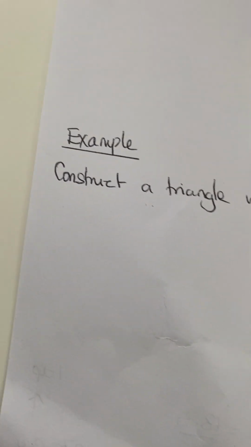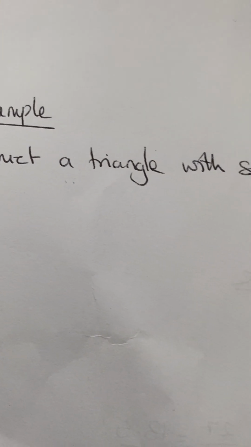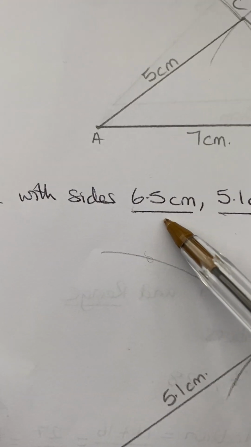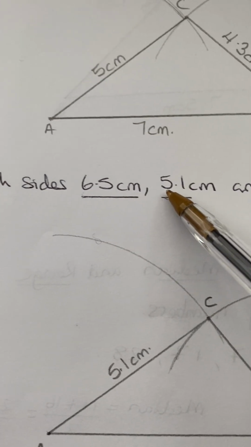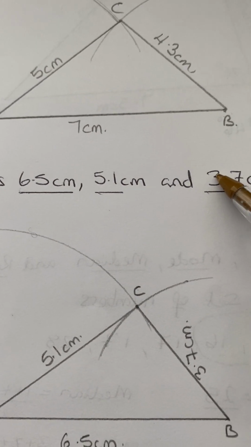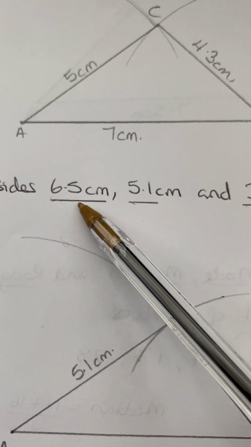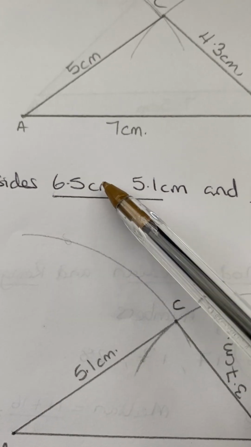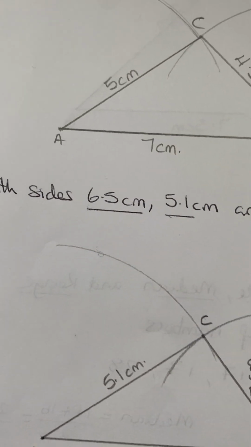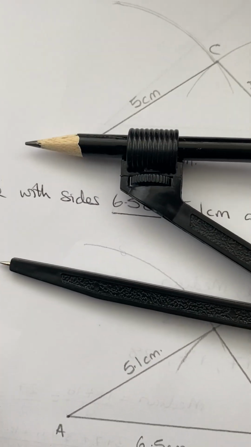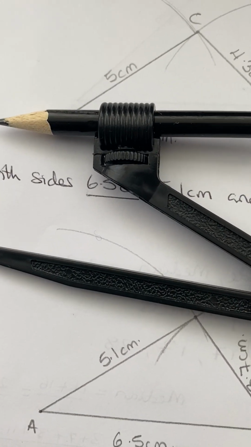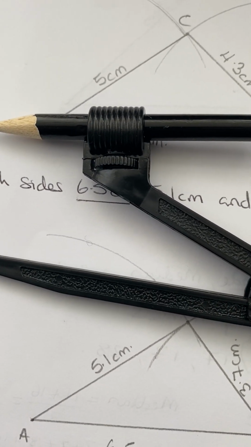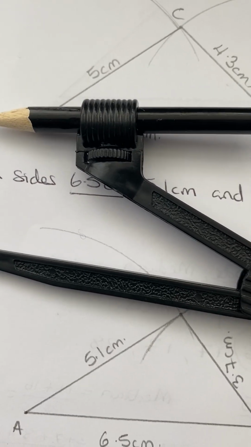Let's look at another example. Construct a triangle. They will not always give you 7 centimeters, 5 centimeters, 3 centimeters. Okay, it gets a little effort. Just open the compass a bit wider. That's why, if you are going into the exam room, go with your pencil and your compass. And that is why you shouldn't allow people to borrow it, because it's like